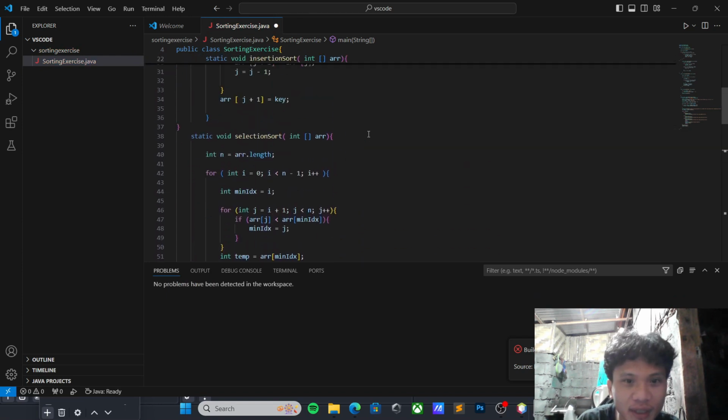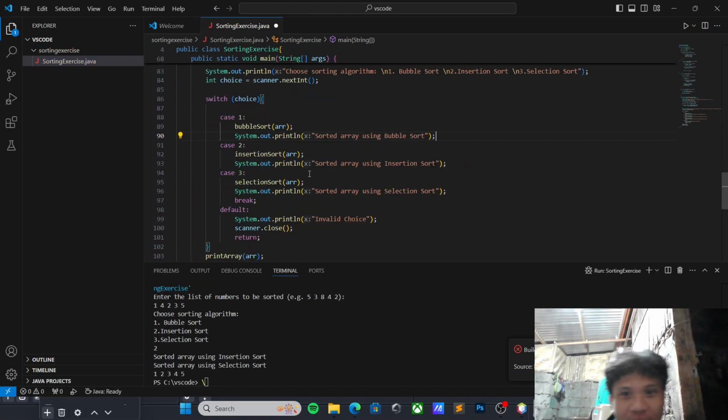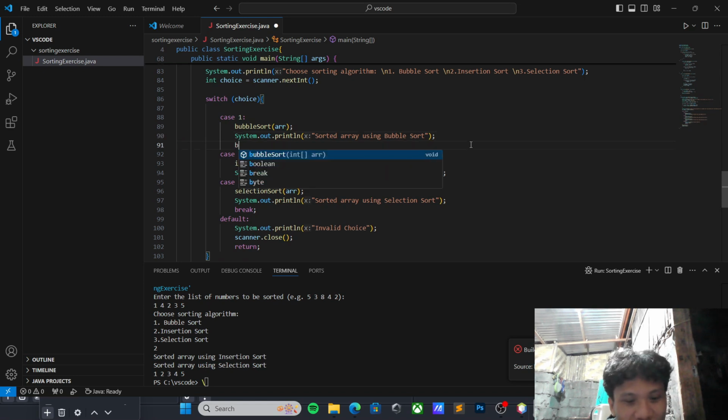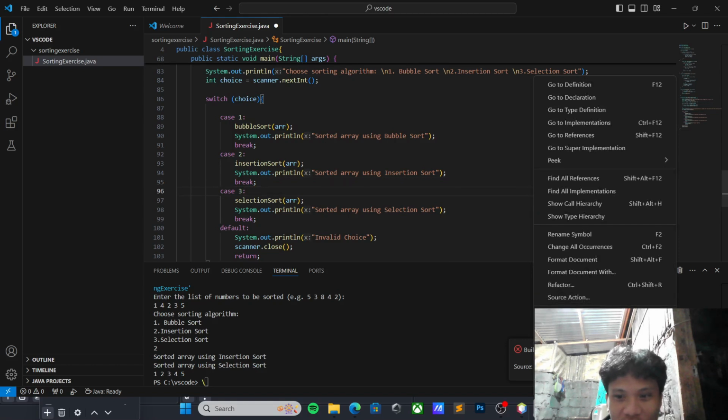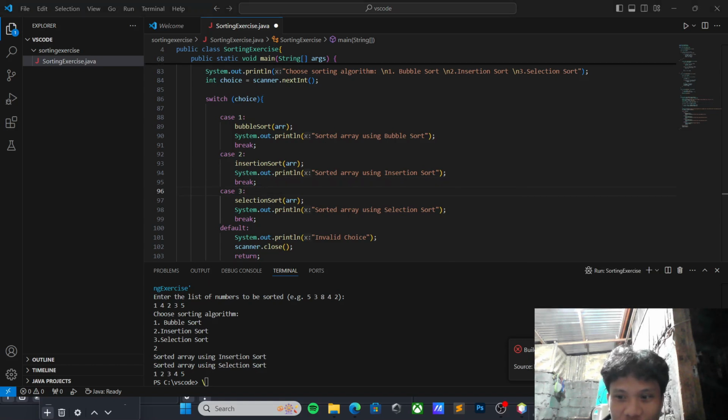Yes, that should do. I forgot that we should use the keyword break in each case, so it won't print the other cases. So I guess this is the final code.